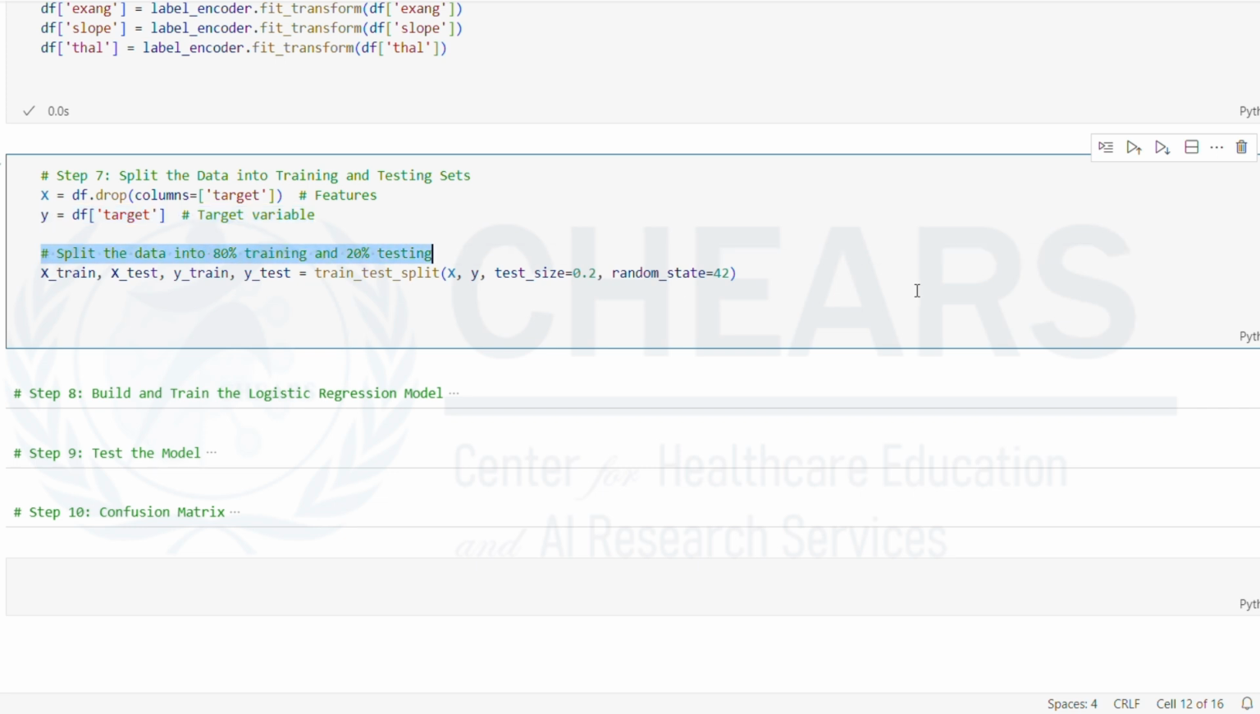Finally, we split the data into training and testing sets using X_train, X_test, y_train, y_test = train_test_split(X, y, test_size=0.2, random_state=42). Here, we use 80% of the data for training and 20% for testing, and we set the random_state